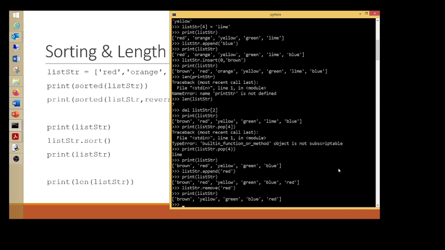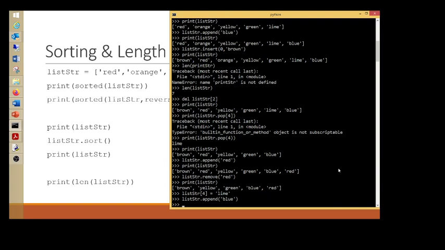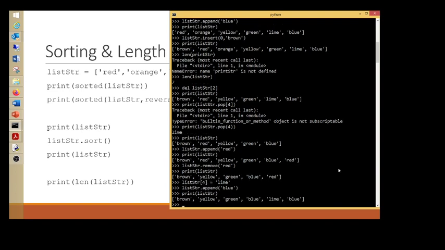Let's go ahead and add some values back into that list. Let's put lime back in there. We got brown in there. We added blue on there somewhere, right? Let's put 4 equals lime, and we'll append blue. So let's go ahead and look at our list again. Okay, so we've got 1, 2, 3, 4, 5, 6 elements here. They're totally out of order. So let's go ahead and print